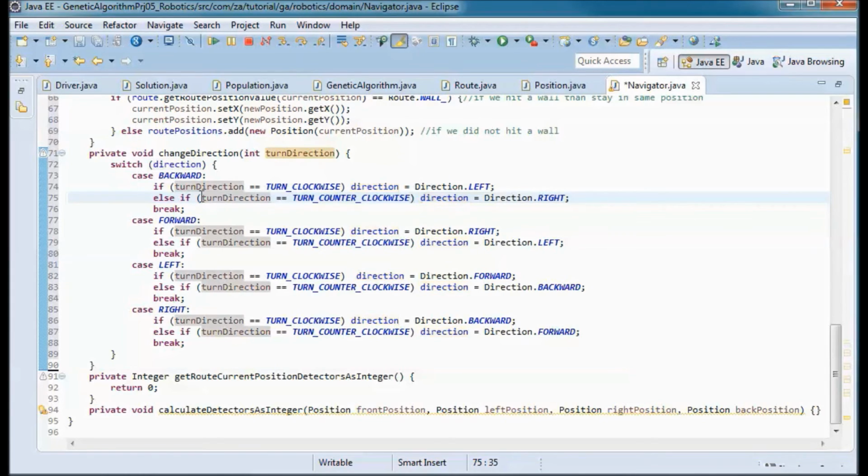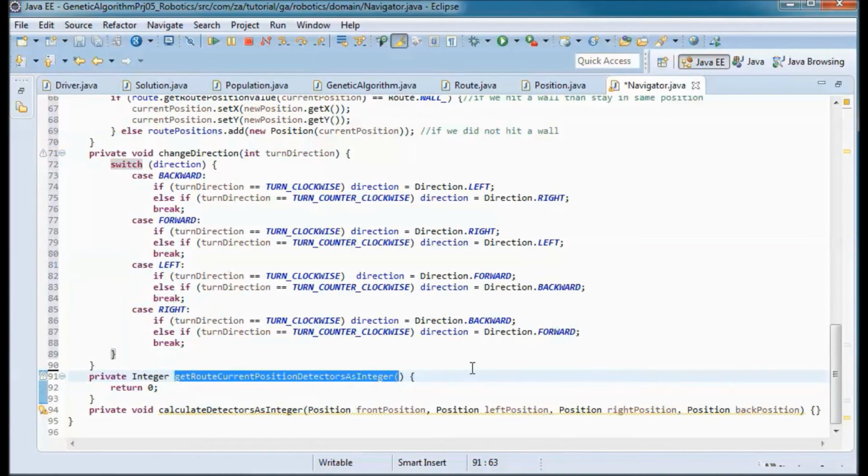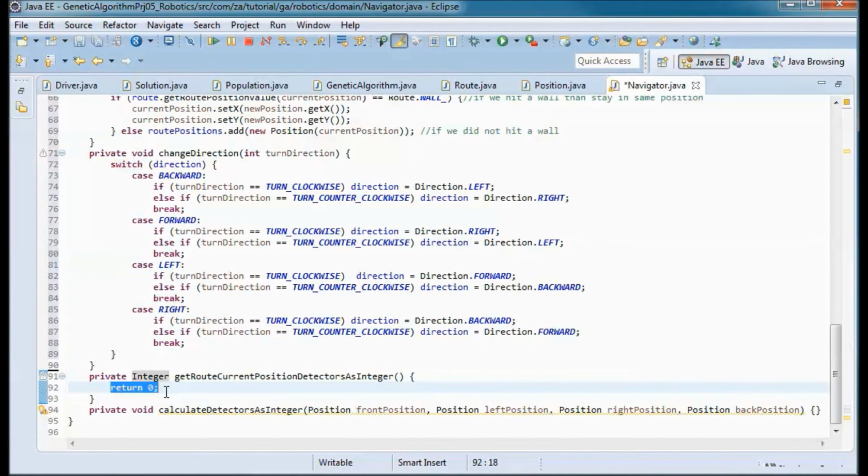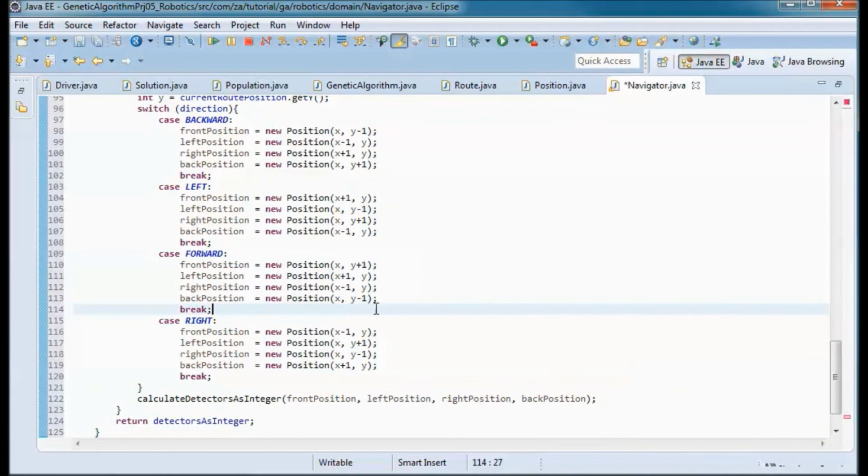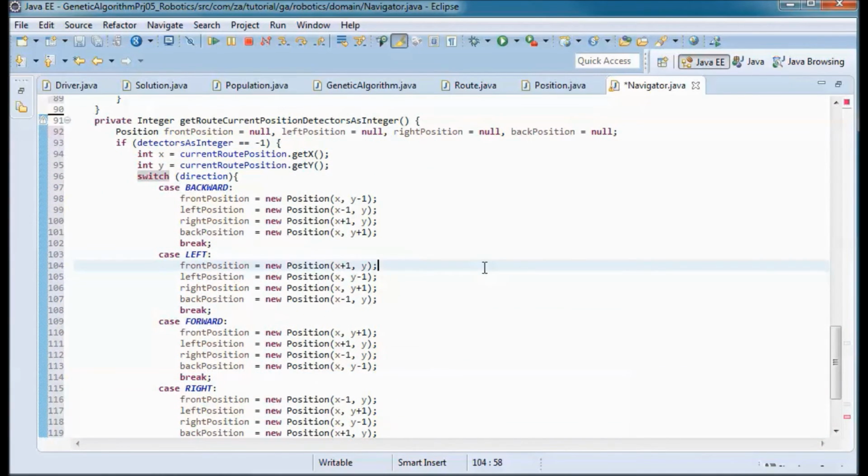Otherwise, if the turn direction is turned counterclockwise, then the new direction will be direction dot right. And same concept for forward, left, and right. And for get route current position detectors as integer, this will be the code that does that.